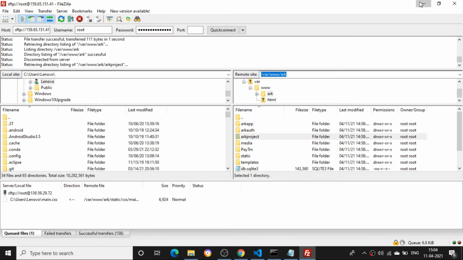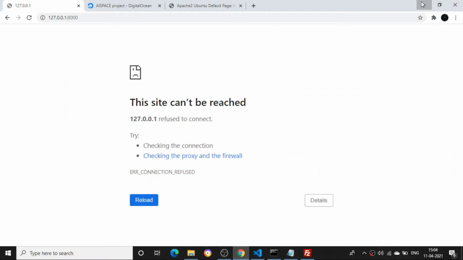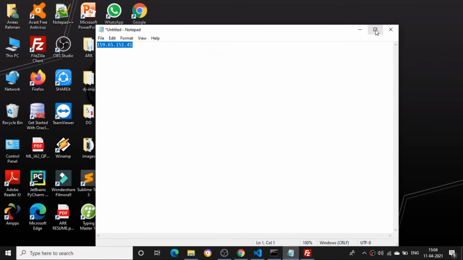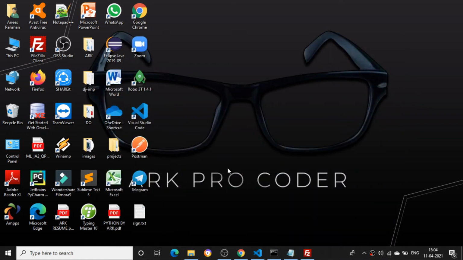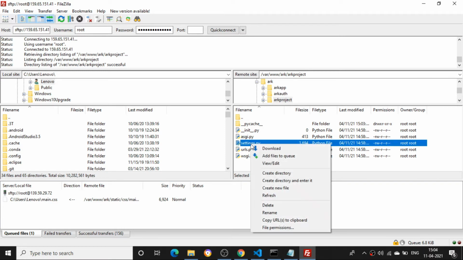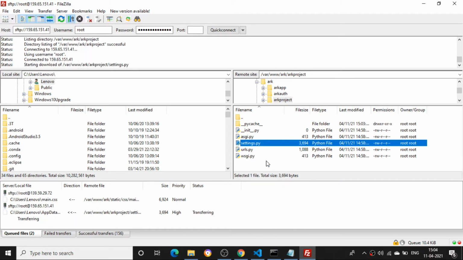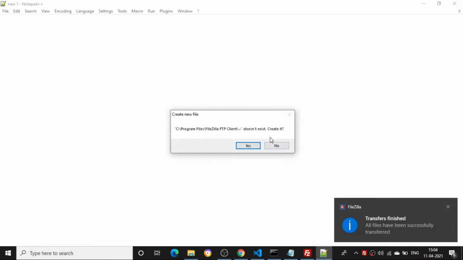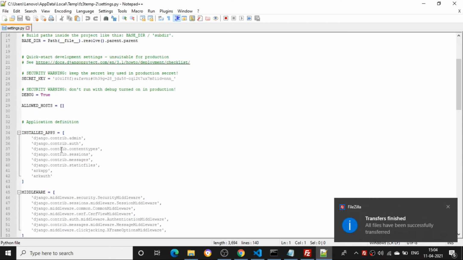Something is hitting here, one second. Now I'll go back here. You can see I'm inside the ERK project directory. Now I need to edit this particular settings.py file.